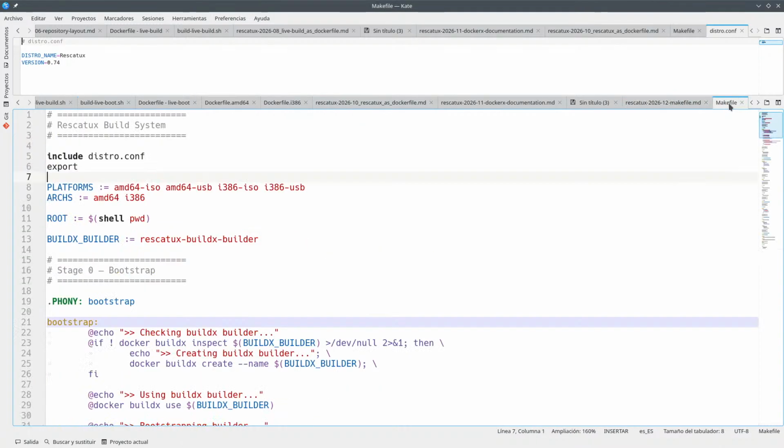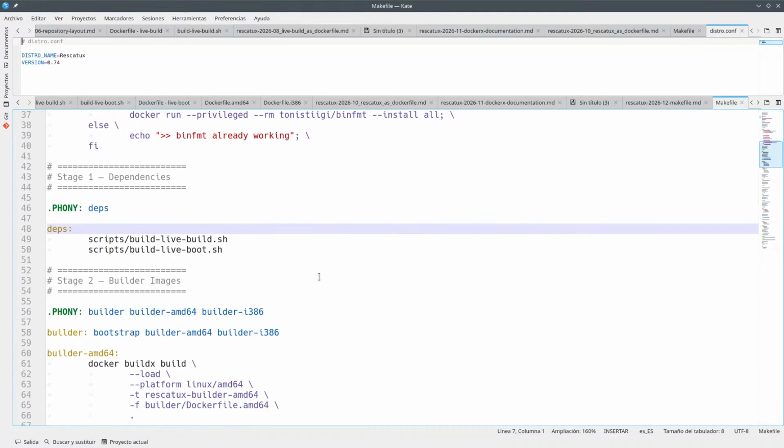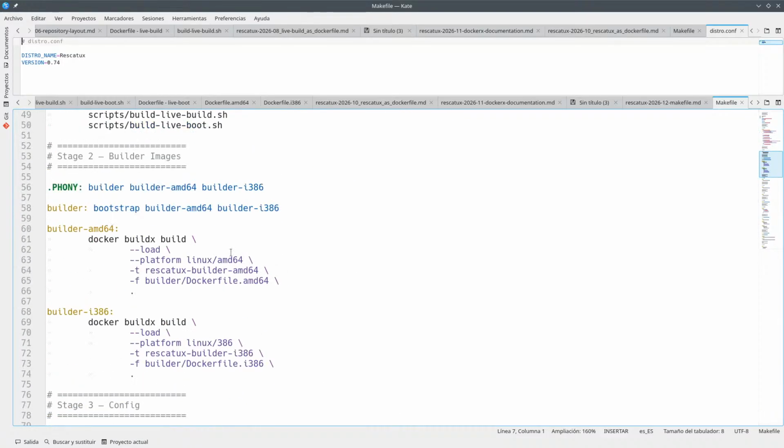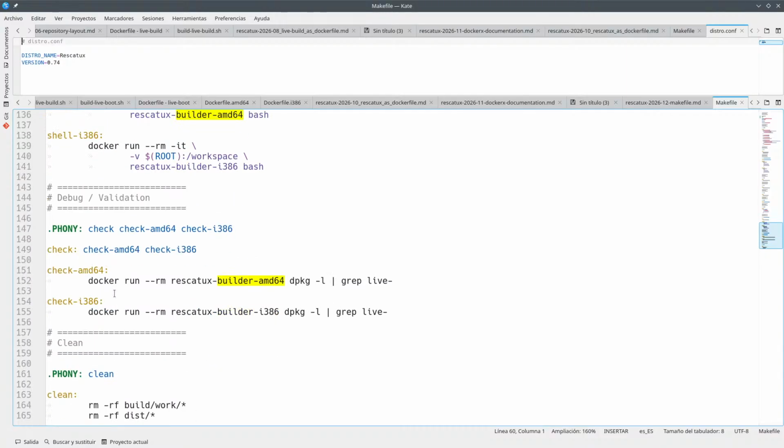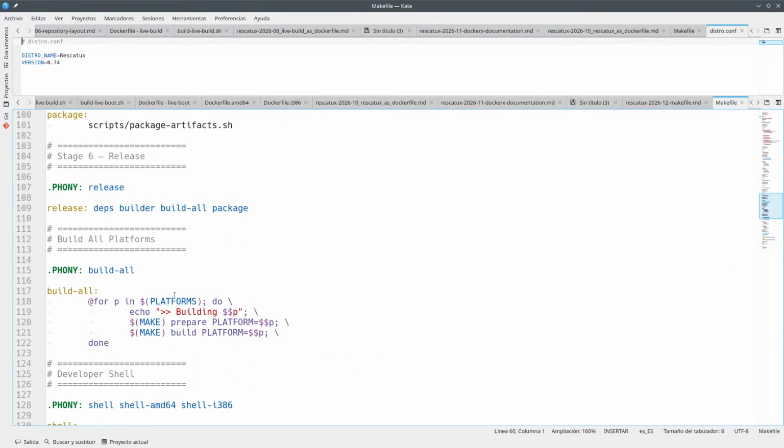So I think we need to build, you know, this is the builder. So builder AMD64. Look at that, shell AMD64, and here we have the check AMD,